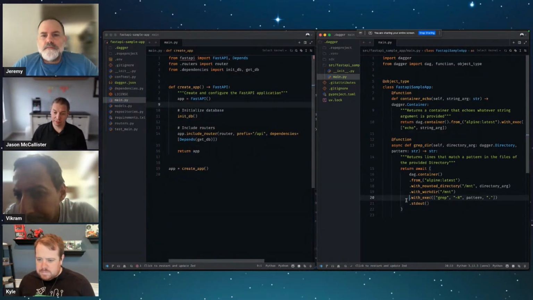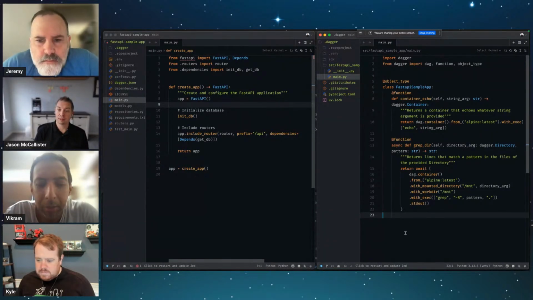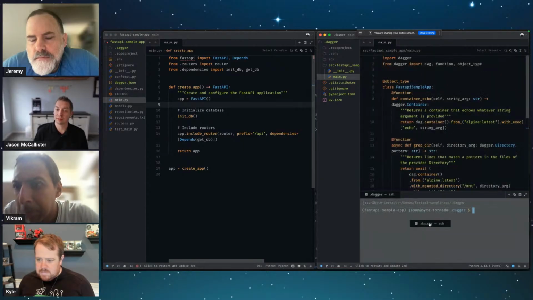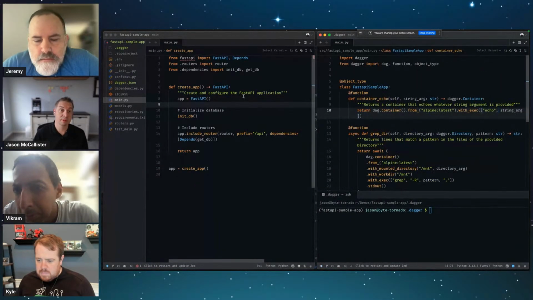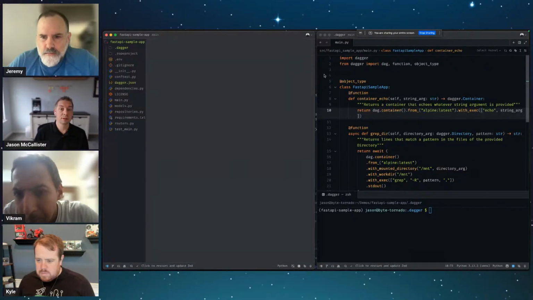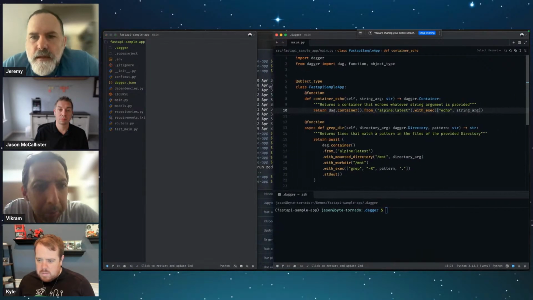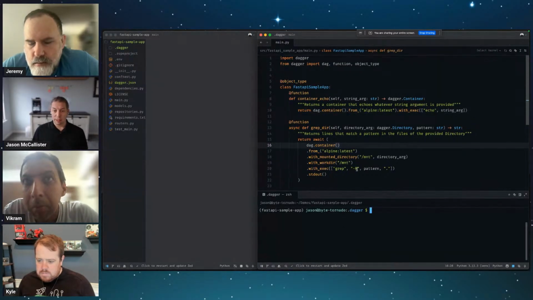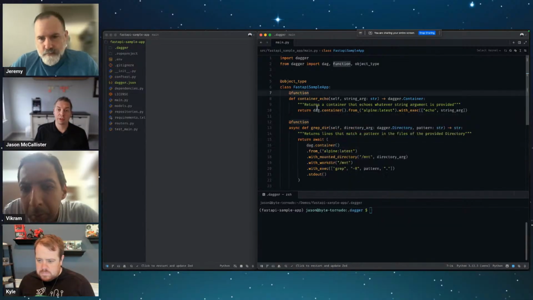So now that we have this, of course, there's a Z update. Let me just try to get a terminal so it's not going to be in a horrible spot. I don't know if that's readable or not. Can someone let me know? Yeah. You can read that. All right, so I'm in the Dagger directory,